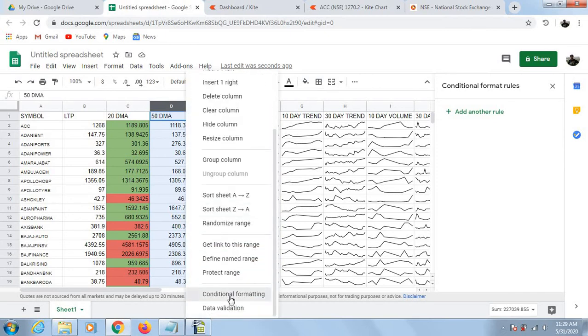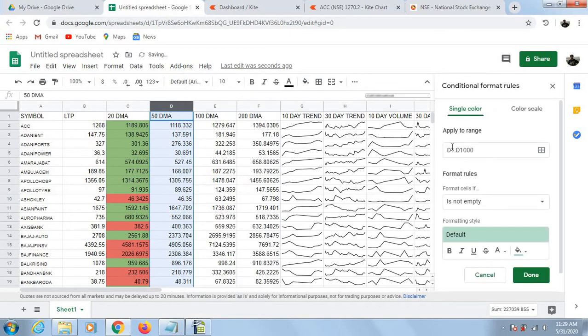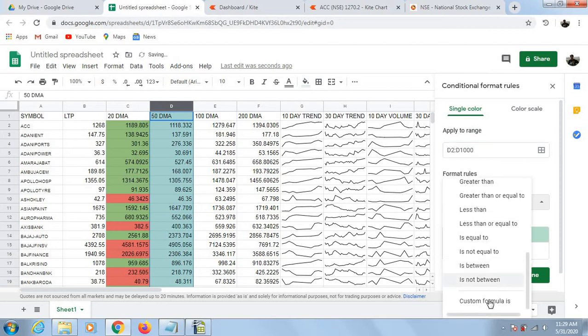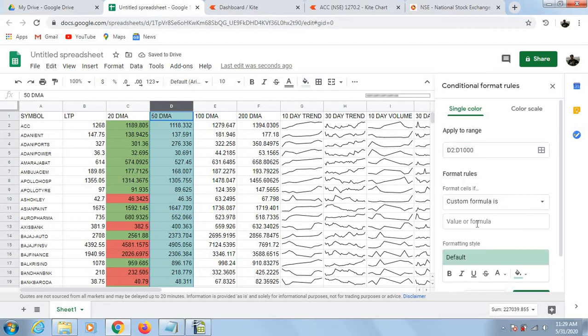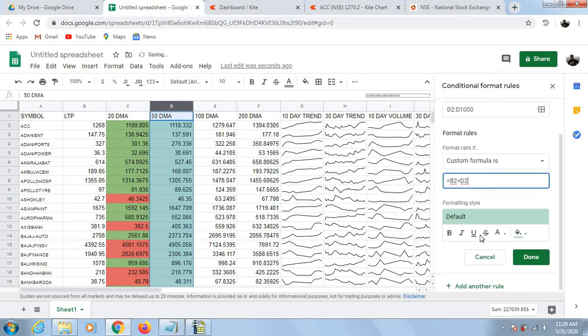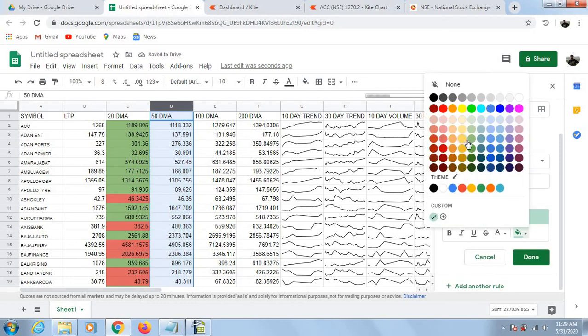So click on column D, conditional formatting is equal to, from D2, format the cells. Custom formula is equal to B2 greater than D2. Color code it as green.